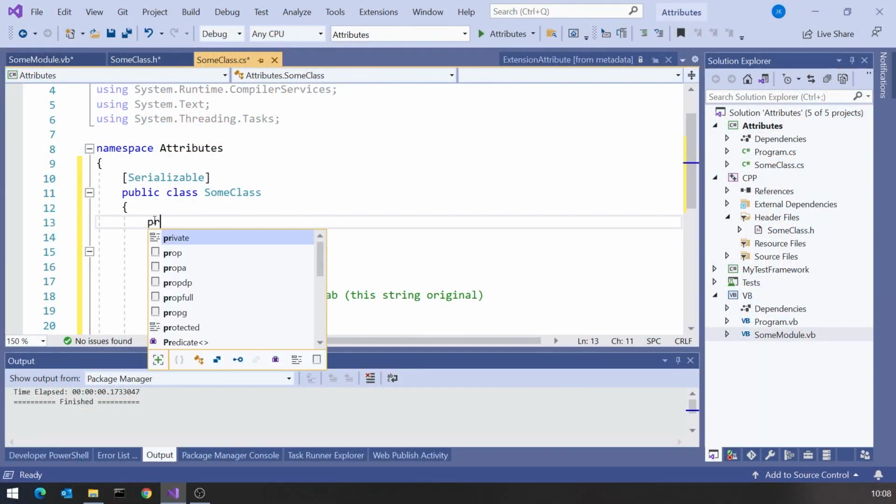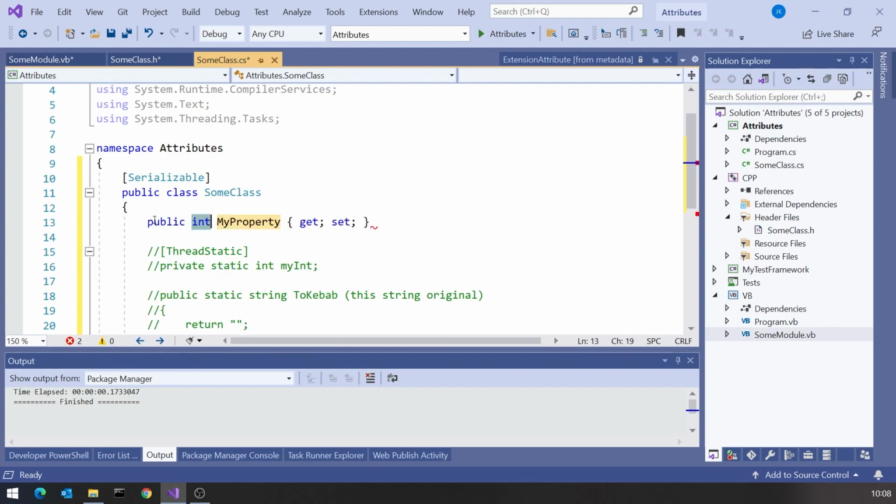For example, if instead of having a private field, what if we had written an auto-implemented property? So let's call this myInt. Now, remember what's happening there: although it's very simple in terms of code, that is generating a getter, a setter, and what's known as a private backing field where the data is actually stored.